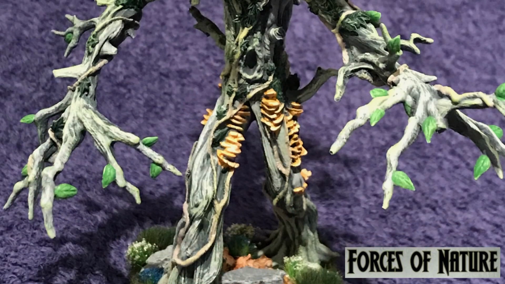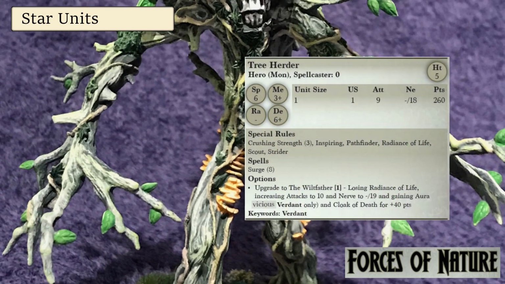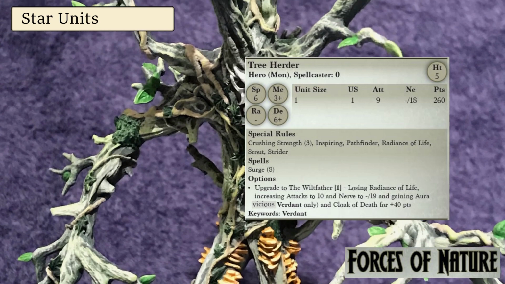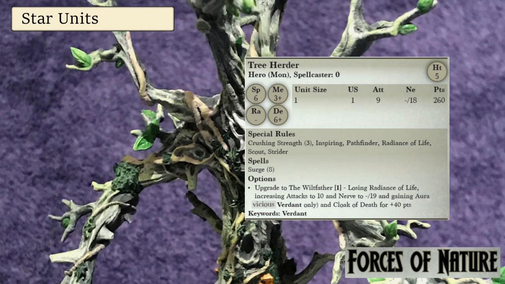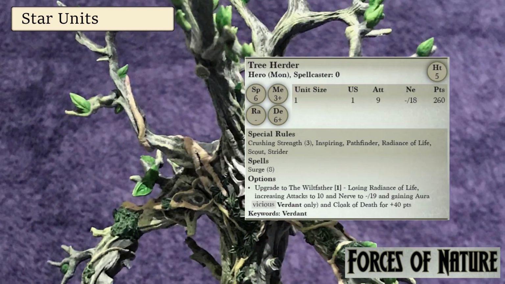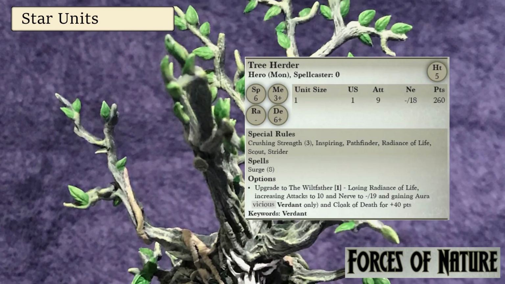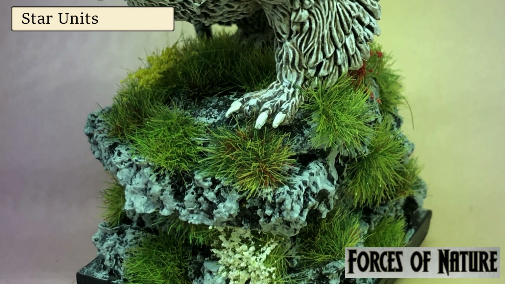Good old Wilt Father. An upgrade to the already excellent tree herder, Wilt Father is newly available to Forces of Nature and is hands down one of the most amazing units in the game, full stop. Aside from his stats, his ability to make verdant units vicious works extra hard in this army. And speaking of verdant units...